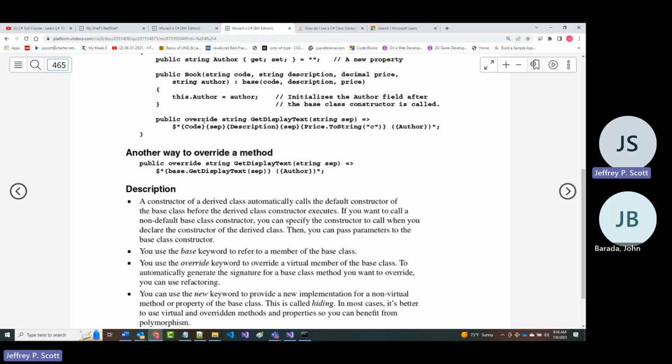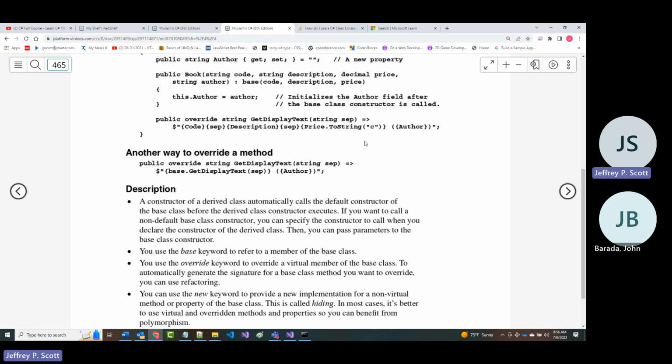And we still have that separator, and we still say code. There's no word base in here. It's smart enough to know, oh, code, it's going to get from here. Description, it's going to get from here. Price, it's going to get from here. And we have to provide the author.